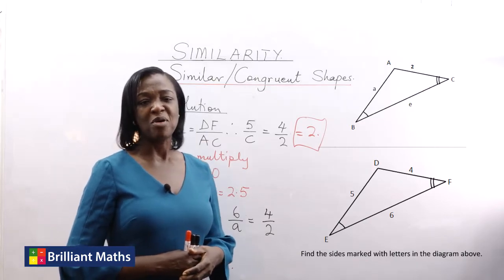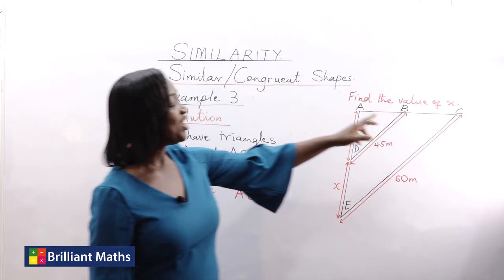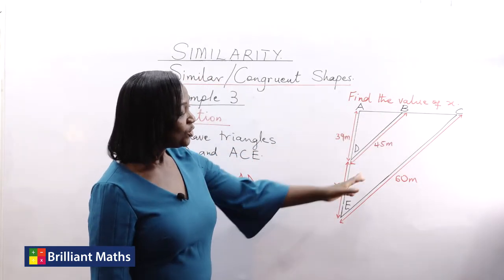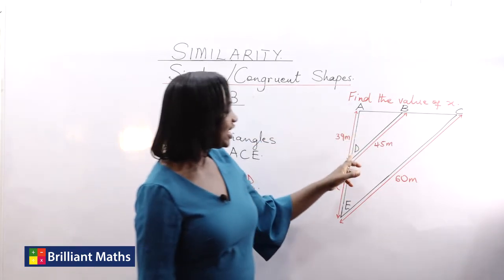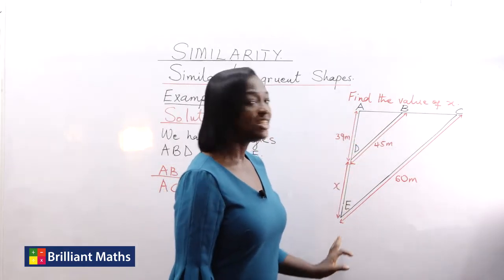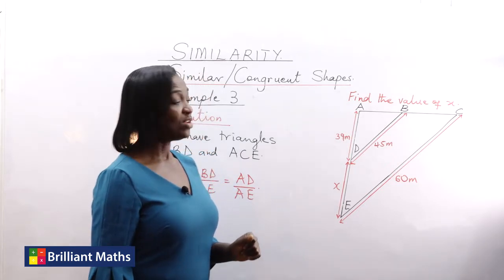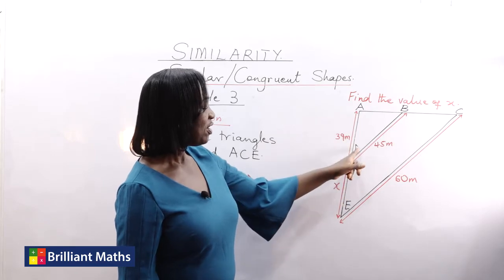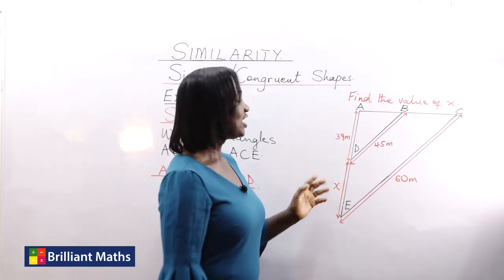Let's look at one more example. In this third example, we want to find the value of x. We have two triangles. We have a small triangle ABD inside triangle ACD. And the two triangles are similar. We want to find the length of x, which is the length of DE. How do we do that? So let's look at the